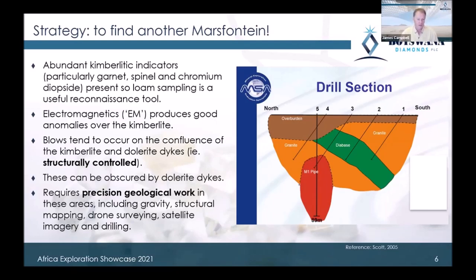Electromagnetics produces good anomalies over the kimberlite, and the blows tend to occur on the confluence of the kimberlite and the dolerite dikes. So again, unsurprisingly, they're structurally controlled. But here's the interesting thing: some of the blows, and in particular Marsfontein, and please look at the graphic on the right-hand side from Scott 2005, some of these blows can be obscured by the dolerite or the